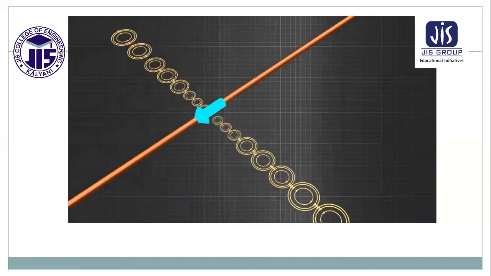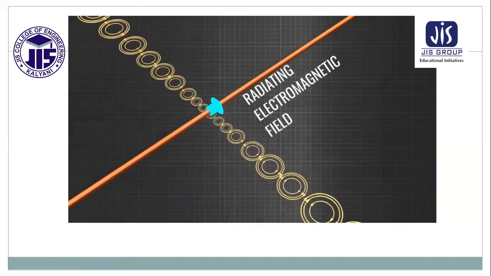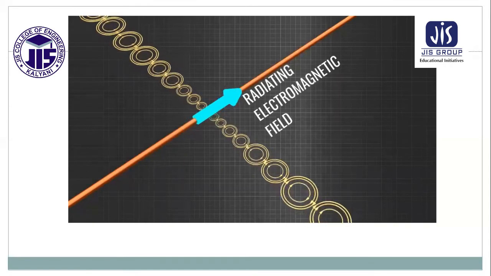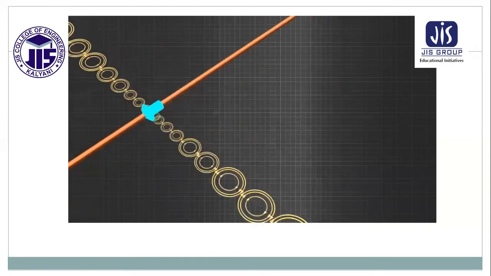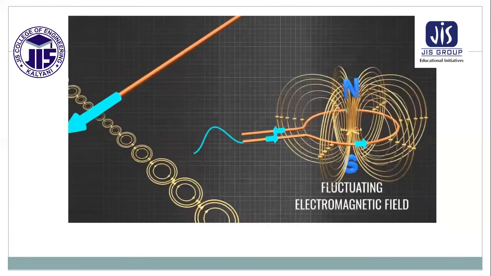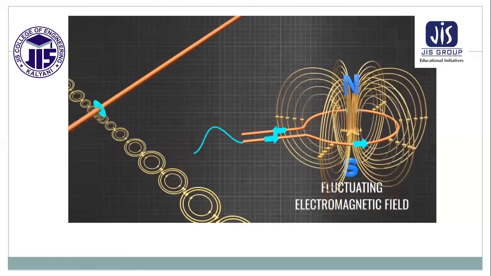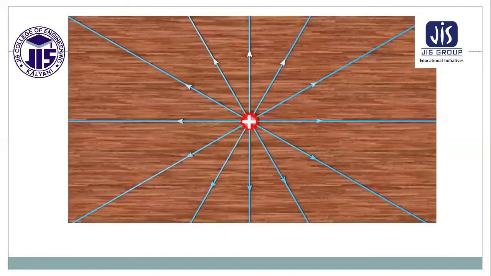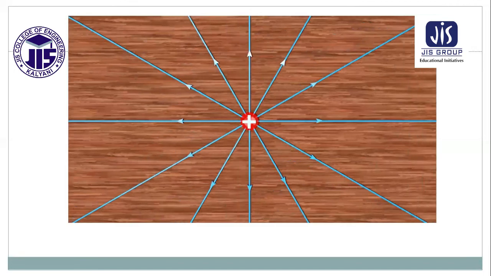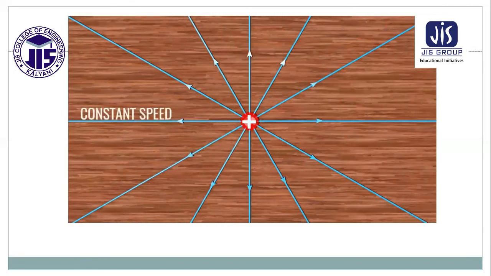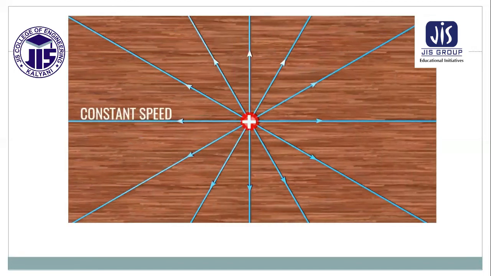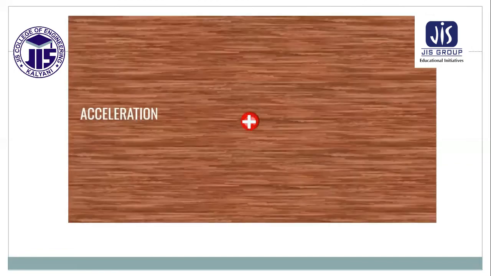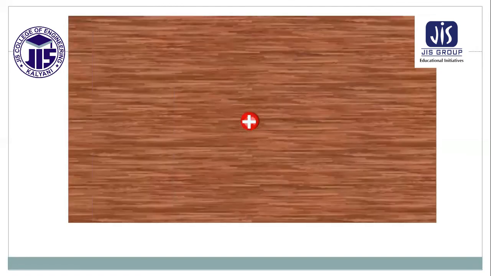However, these equations and the Hertz experiment raised the question: how do electromagnetic fields detach themselves from wires and propagate through space? More specifically, what we need is a traveling electromagnetic wave and not a fluctuating one. Let's explore this logically. Consider an electric charge, which is moving at a constant speed. The electric field around it is shown. Now, imagine for a fraction of a second, it accelerates. After that, it continues its uniform motion at a higher speed.